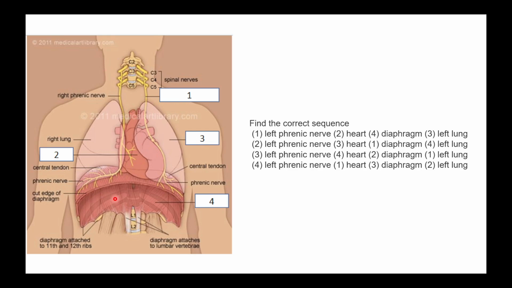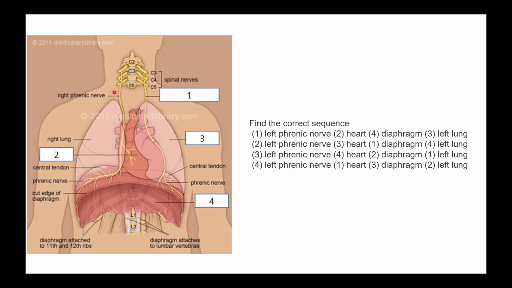The phrenic nerve. Yes, phrenic nerve. So these are the cervical vertebrae, C3, C4, C5. Those cervical vertebrae are where the spinal nerves go, and these three spinal nerves all combined together make the